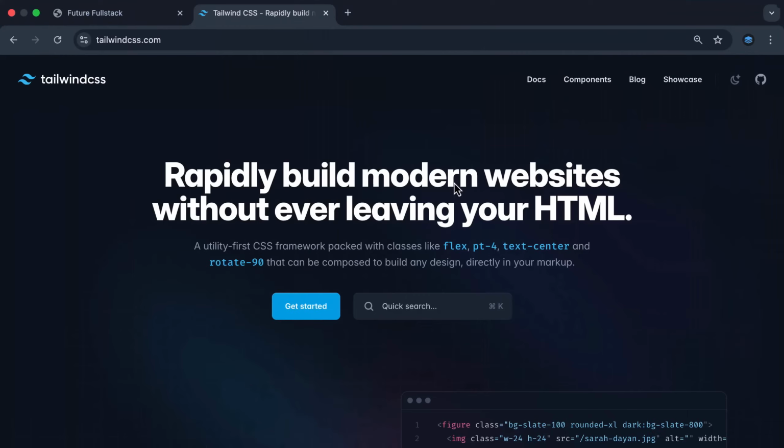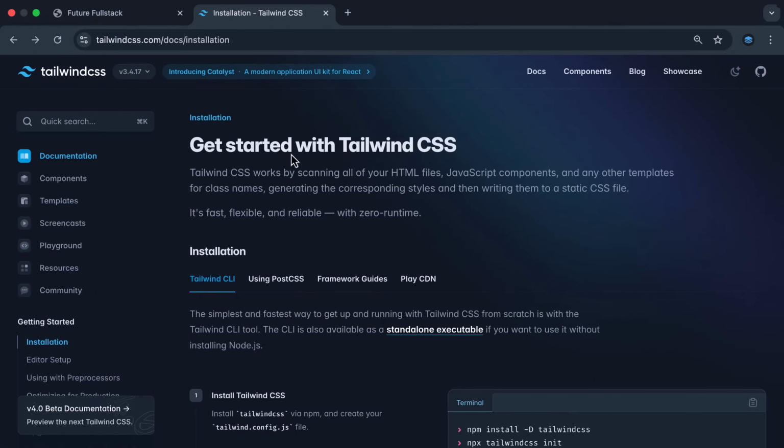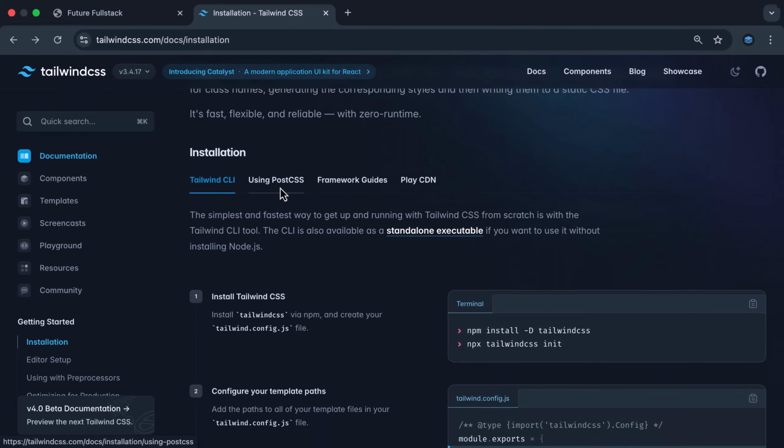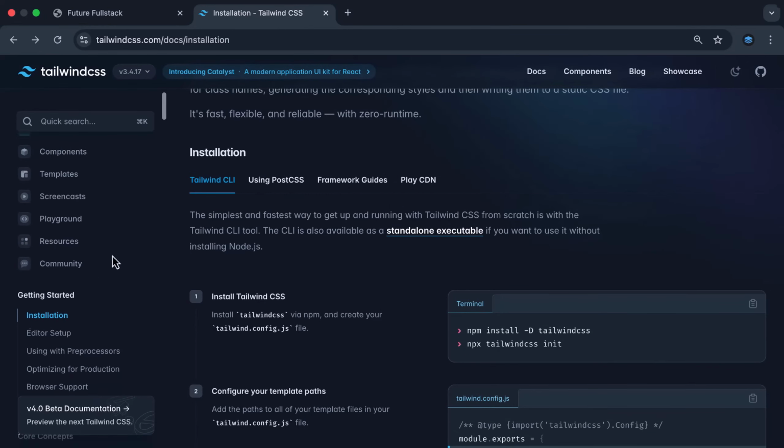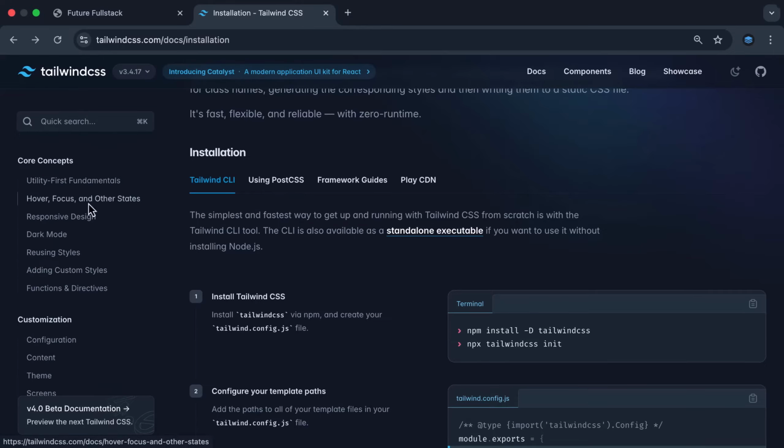So before we get started, let's do a quick walkthrough of Tailwind. Tailwind is available at tailwindcss.com. I'm going to head straight to Docs. Straight away, we're taken to Get Started with Tailwind, which provides information of different ways for installing it, which we're going to do soon. If I scroll down on the left, we have the core concepts, where we looked at